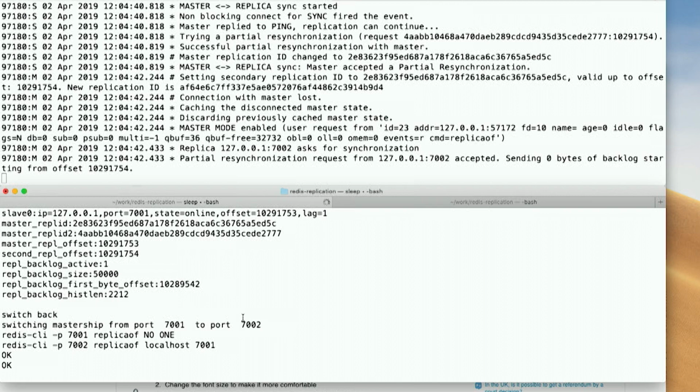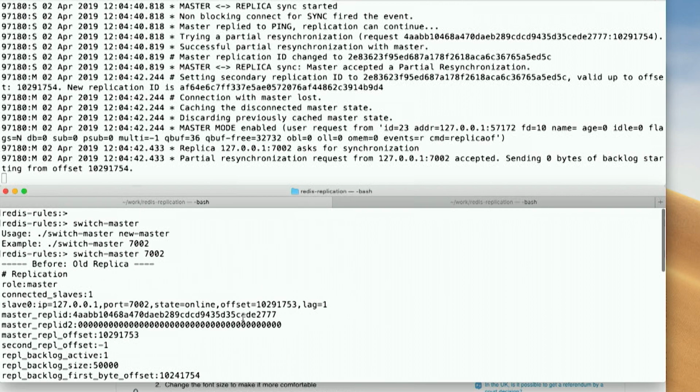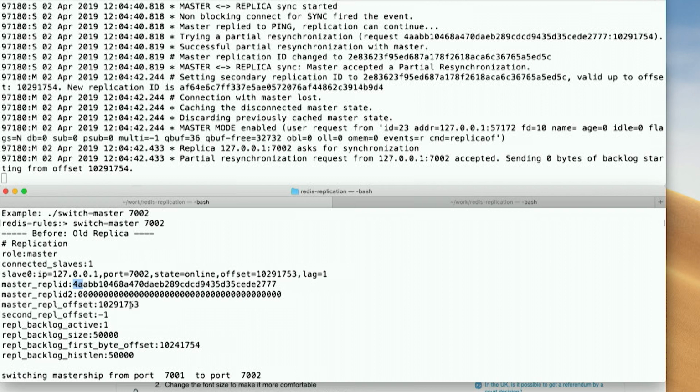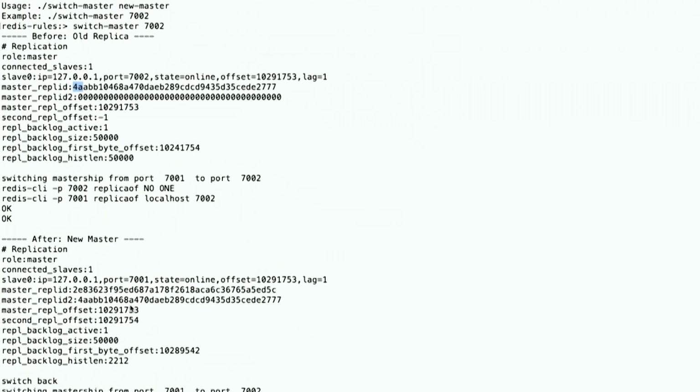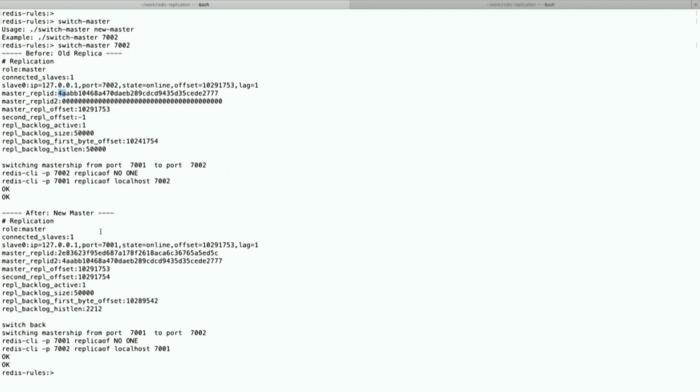And let's go over here what happened in a minute. So it does a before dump. As I said, it was the old replica. And the replica ID, remember this, it starts with 4A. Rep ID 2 was 0, the default value. And offset was something that's ending with 753. And then it did the switch. So I invoked replica of no one and made 7001 the replica of 7002. And let's look at the after look. You know what happened when I switched the